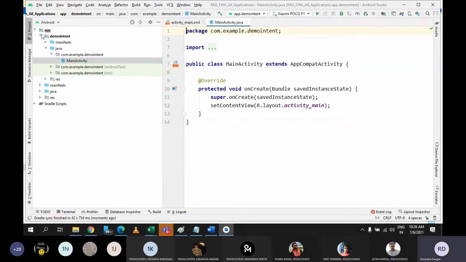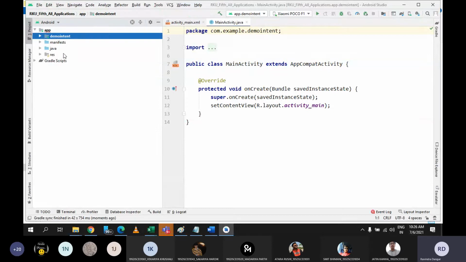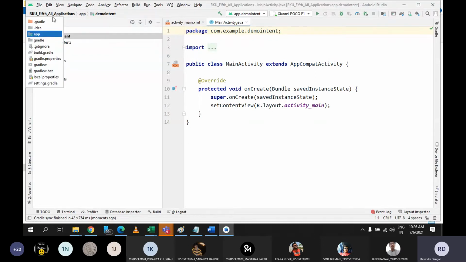Yeah, so inside this app folder now you can see demo intent is the new module. Fine. So now inside this demo intent, but actually I think I did a mistake here.